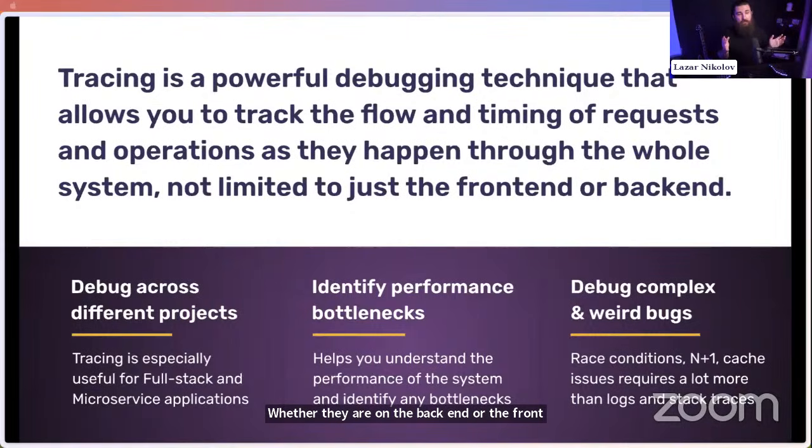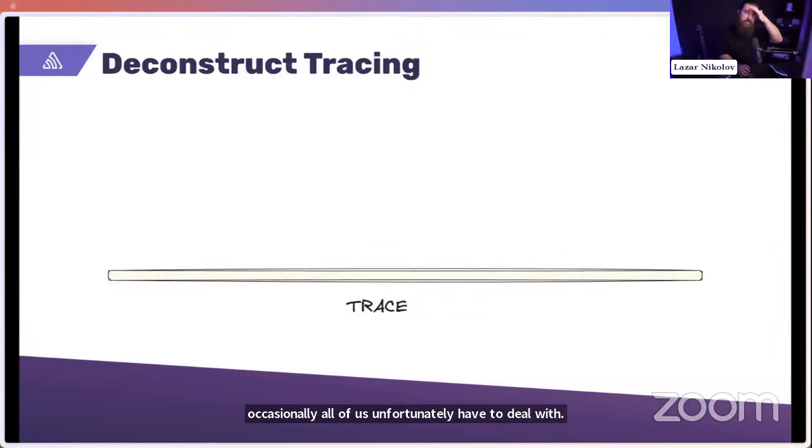And of course, bugs like race conditions, N+1, caching issues, you can't really debug those with just logs, like console logs and stack traces. You need to see the whole call chain in order to understand what is going on. So tracing is really important in these more complex and weird bugs that occasionally all of us, unfortunately, have to deal with. So I want to take a few minutes to deconstruct tracing, so you see and understand the concept